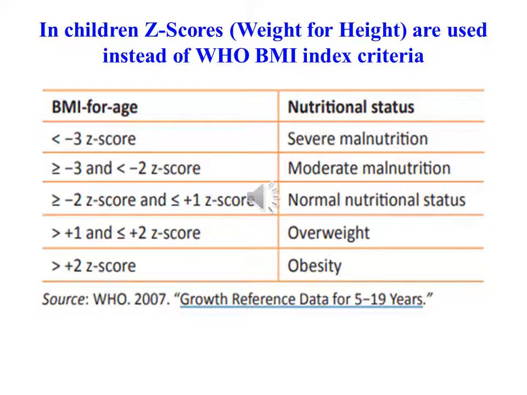If you have a Z score which is less than -2, but up to -3, like between -2 and -3, it is moderate malnutrition. If a child has a nutritional status between -2 and +2, then the child has a normal nutritional status. Then, if it goes above that, the child is overweight and obese, as the cutoffs change likewise. So you just need to know these cutoffs very stringently.